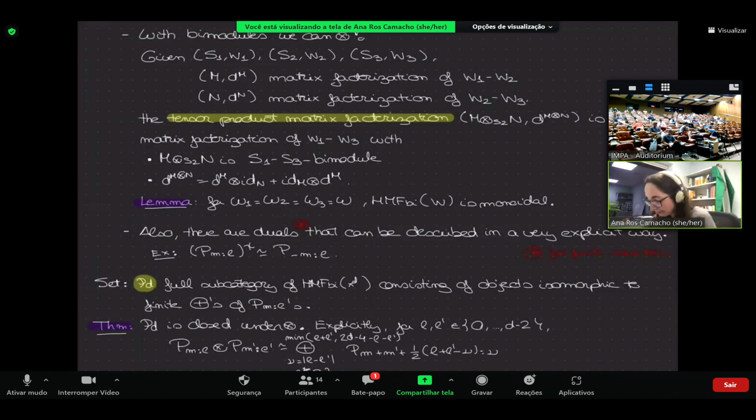And if you're familiar, L looks suspiciously like SU2. I mean, it's the same fusion rule. But I really don't want to go into any more details. This is pretty much everything you need to understand the result I want to state today on the matrix factorization side. So let's go for it.